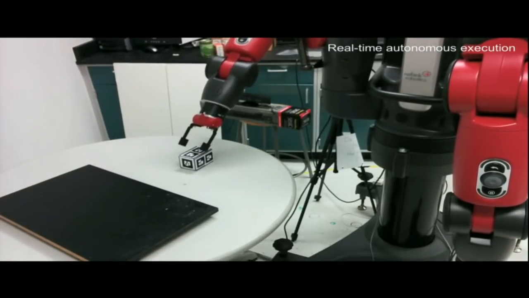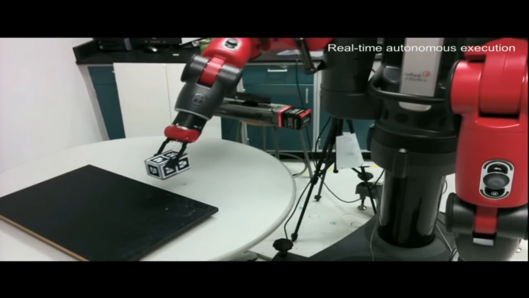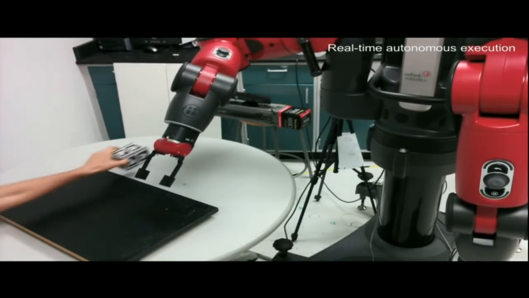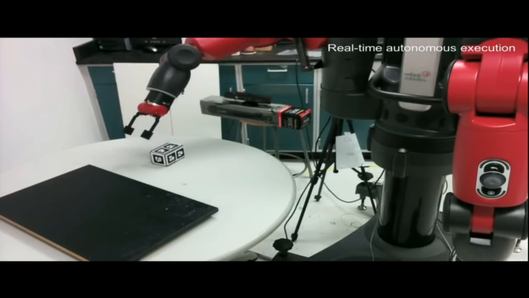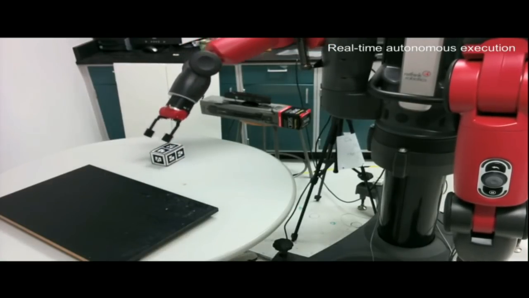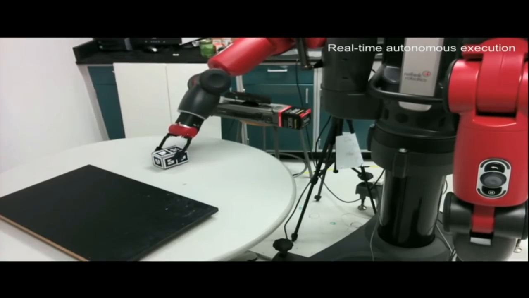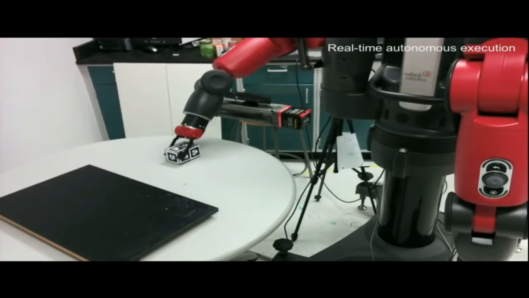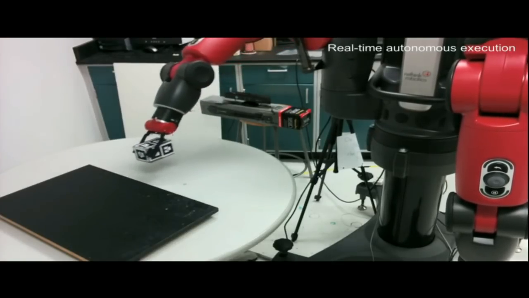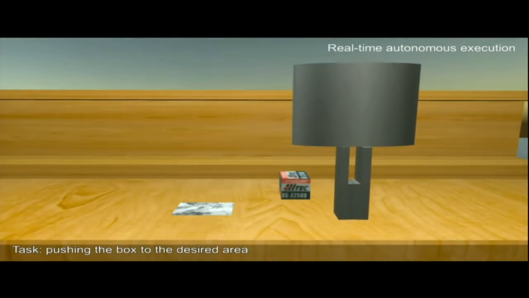And this is the same thing running on a robot. This is not using vision for now. This is just using those AR markers to localize the object. So the training is all here in simulation, and then because they don't have to deal with perception, they could just do it on the real robot. And when you see the person actually pick up the box and move it, the policy is still running. So there's no explicit reset. It just keeps running the RNN and keeps trying to do the task. And sometimes it makes a mistake, it screws up, but repositions itself. So there you can see it doing something kind of sensible.